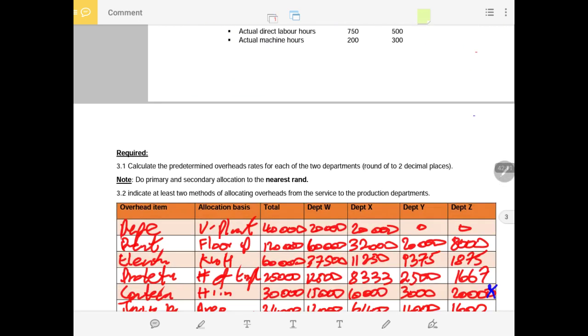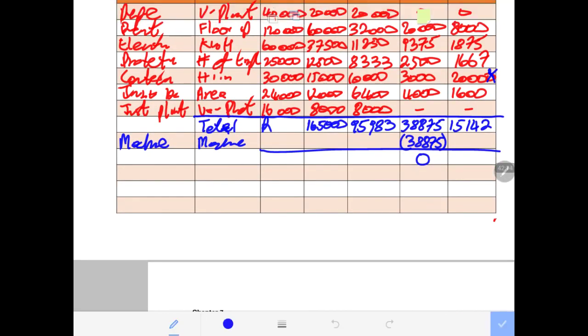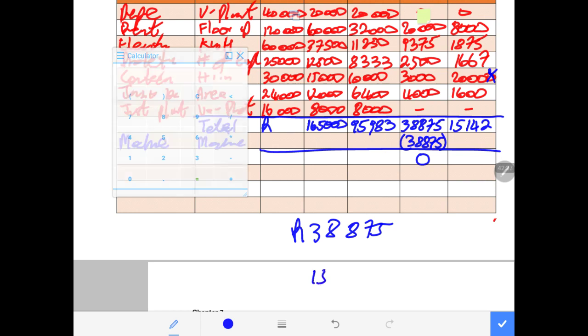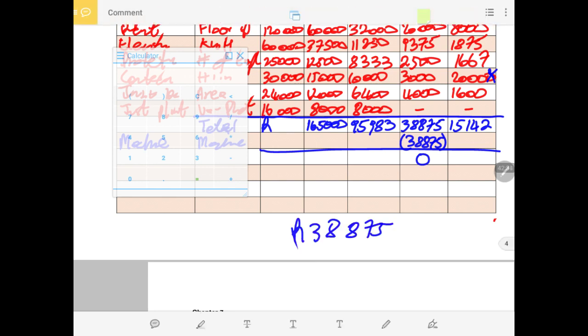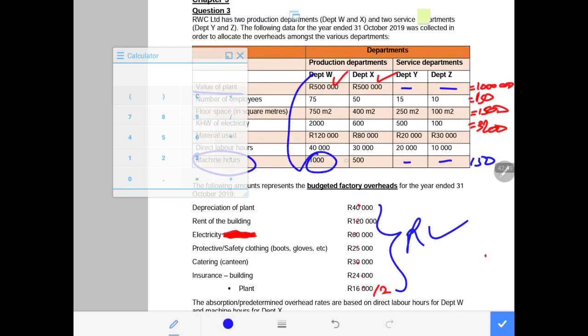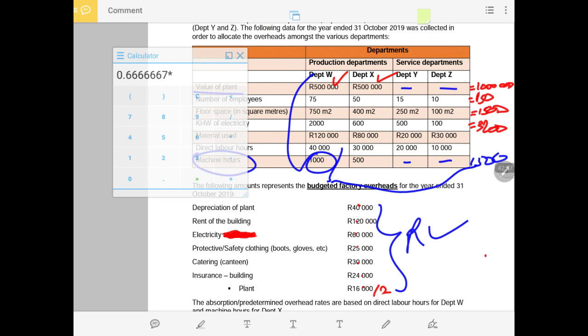So in other words, now we are to allocate this amount of 38,875. And how do we allocate it? We say total of the base of allocation being 1,500. Then we say for department W 1,000, divide this by 1.5. Where is the 1,000 coming from? The 1,000 is the machine hours for department W. Divide this by the total machine hours for the two departments, which is 1.5. Sorry, I just said 150, but I mentioned it as 1.5. So we say 1,000, divide this by 1.5, multiply this by the total of